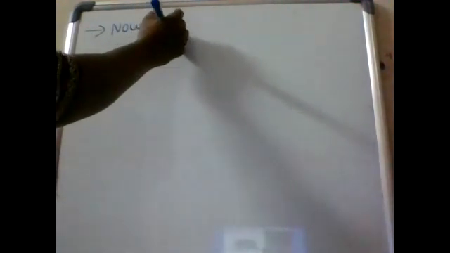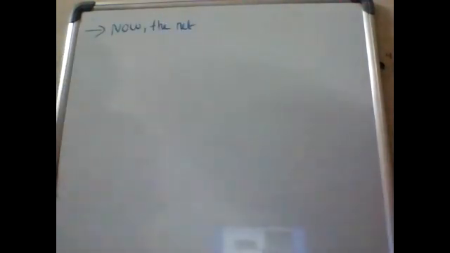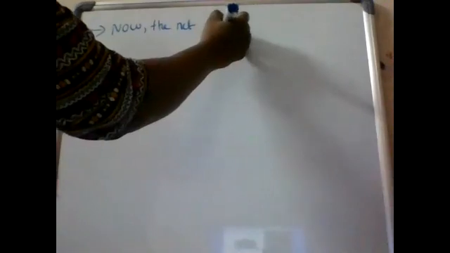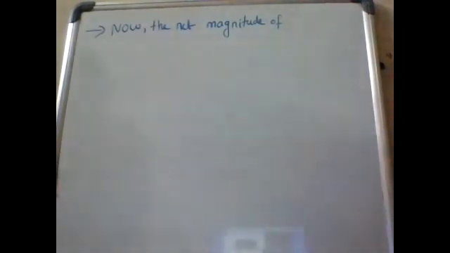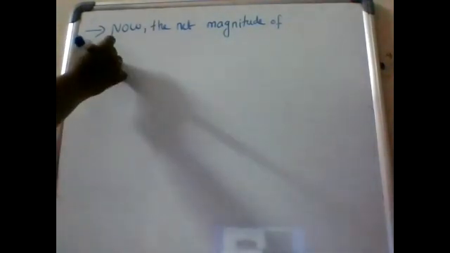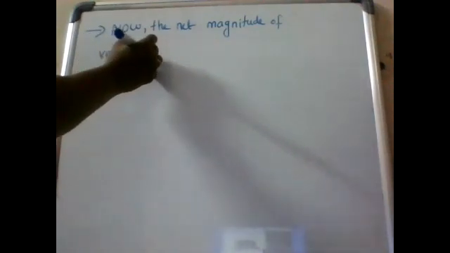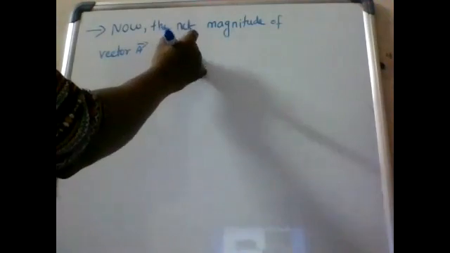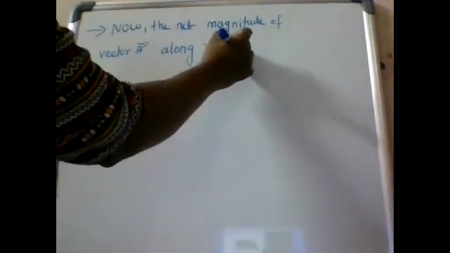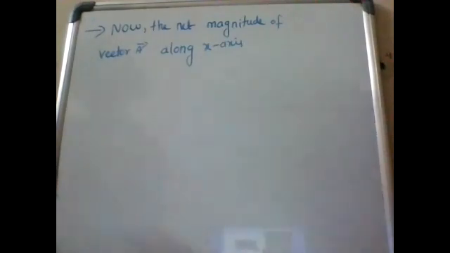Next, now the net magnitude of vector A bar along x-axis is given by,